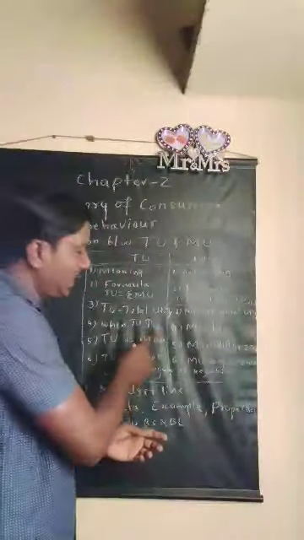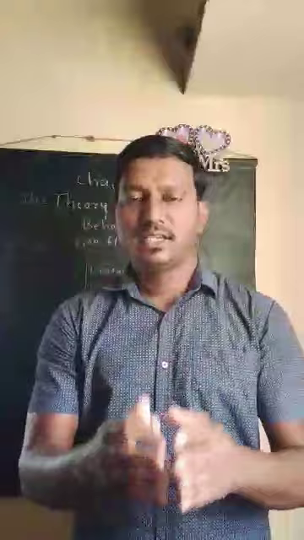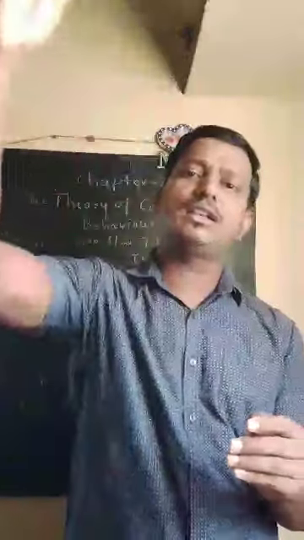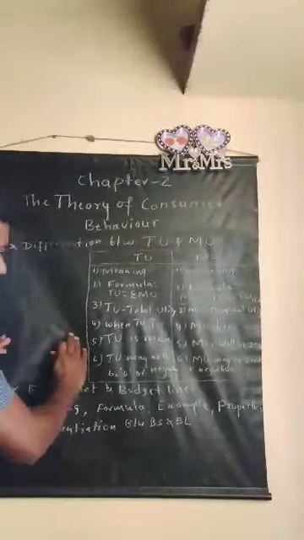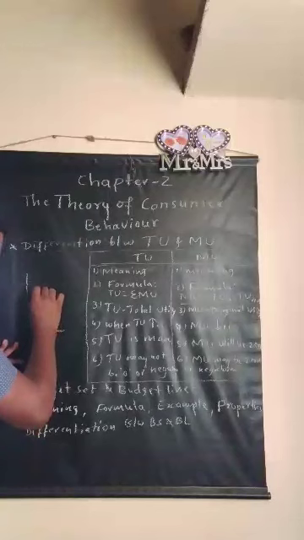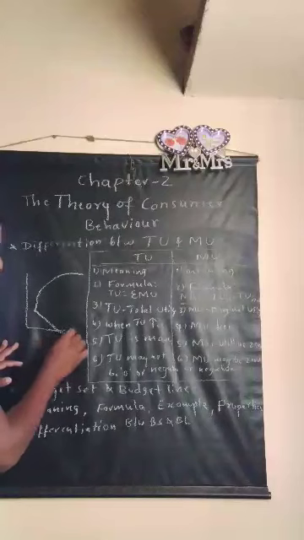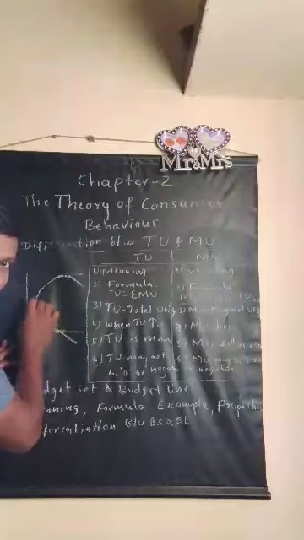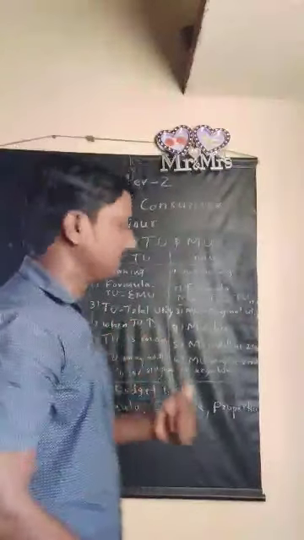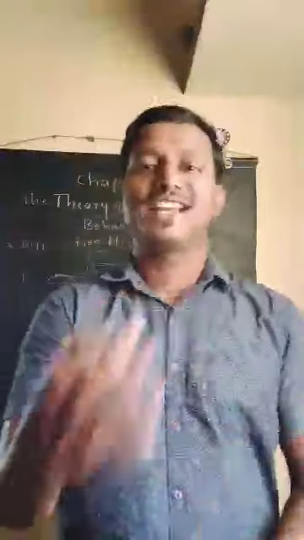Coming to the next one, as we already saw in the law of diminishing marginal utility, as and when the total utility goes on increasing, the marginal utility goes on diminishing. We have already seen that in the last example. As the total utility goes on increasing, at the same time marginal utility goes on diminishing. So this is the fourth differentiation point: as the total utility goes on increasing, marginal utility goes on diminishing or decreasing.